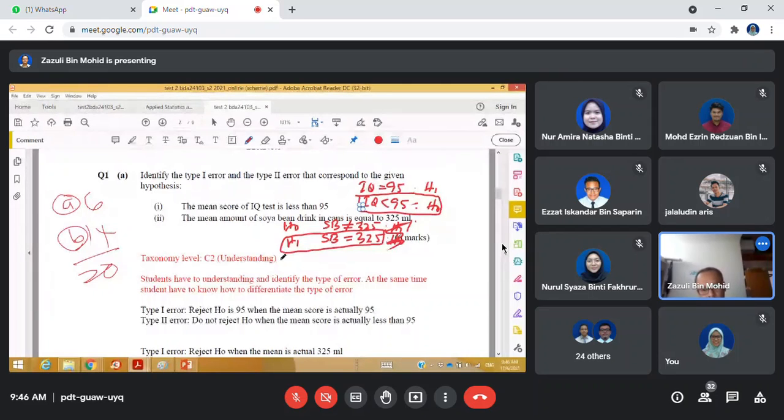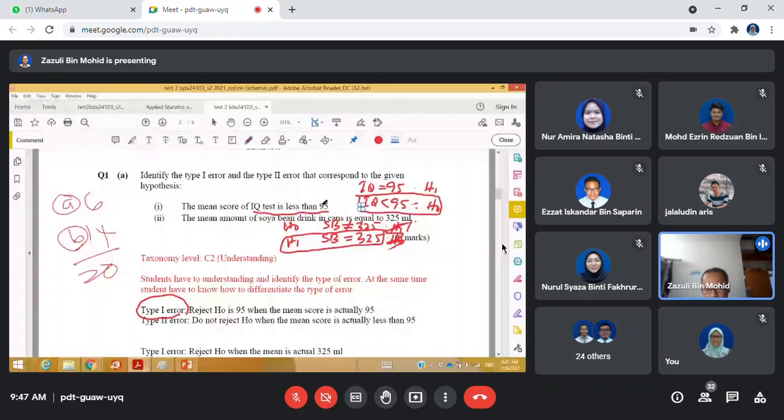So when it is type 1, the statement here is IQ test is less than 95. We have to reject the H0 when it's not